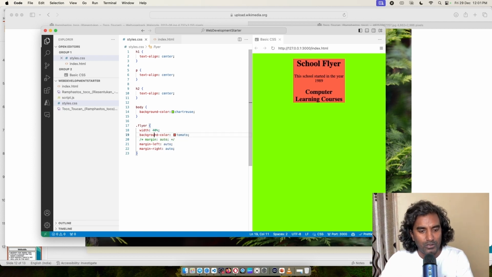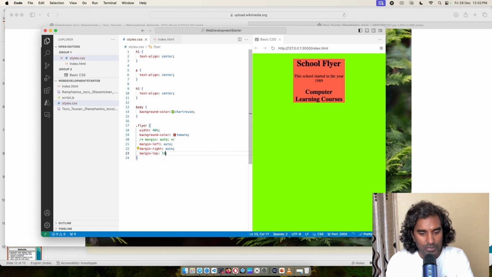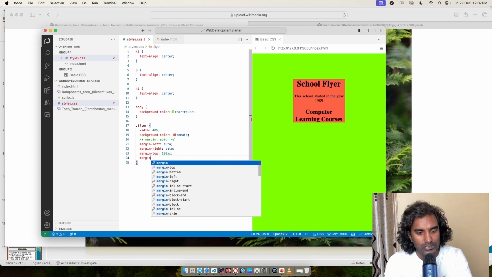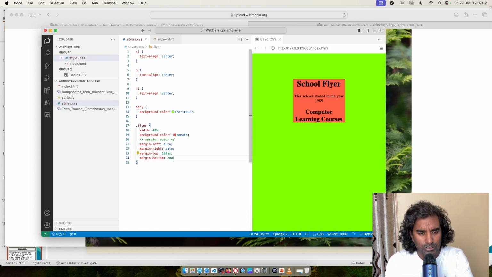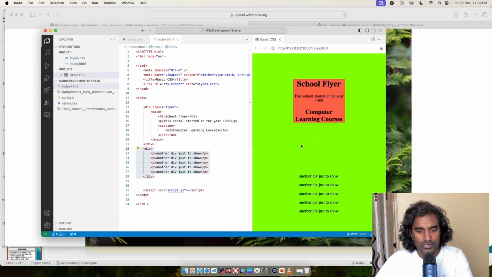Same thing with the background color. What if you don't have a background color? Is that what you wanted? No, then go ahead and try to change this. And what about the margin? So let's say I will say margin top, I'm going to say 100 px. There it is. And then I'm going to say margin bottom, and I'm going to say this is like 200 px. It doesn't seem to affect. However, it will have an effect if I go and uncomment this, because there's something in the bottom. Now, did you see that?